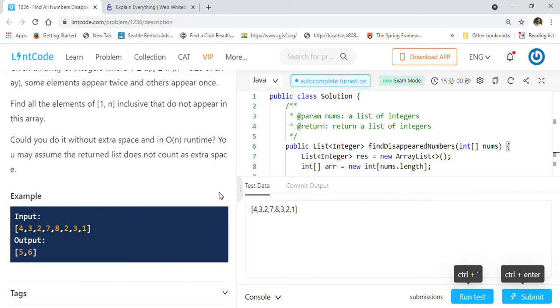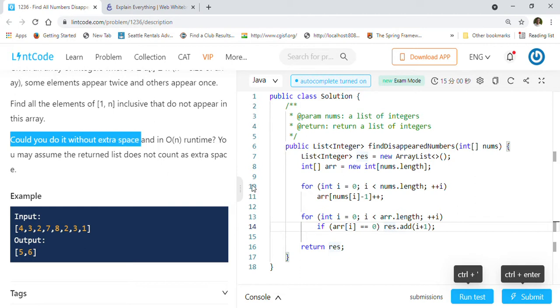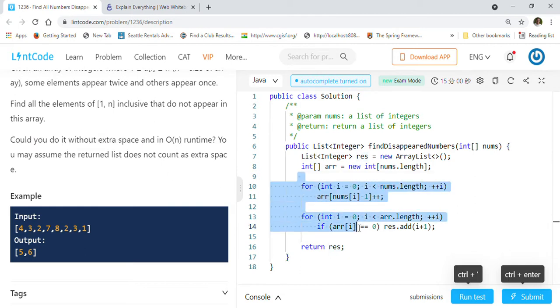Now the more interesting part of this problem comes, where they are saying, could you do it without extra space and in O(n) runtime? This solution's time complexity is still O(n), because we are only looping through the array, but the loops are separate. But now here we have used extra space, because this extra array we have created counts as extra space.